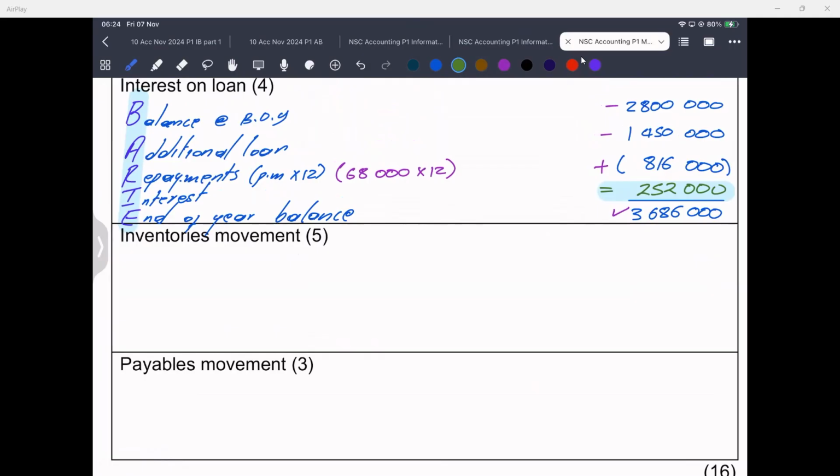Which formula do you use? It is cost of sales divided by,